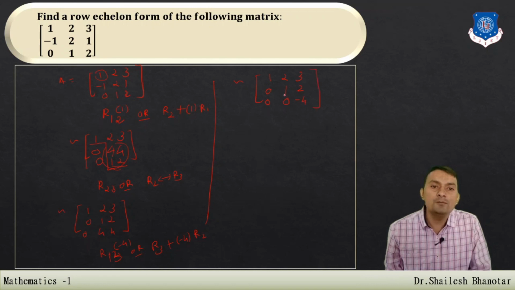Now you can observe that the second row has the leading one, and below that we have 0. And last we have the 1 by 1 matrix, which is a non-zero matrix. If it were 0, it wouldn't matter, it is okay, and we can also represent it in this form. Therefore we can say this is the row equivalent form.